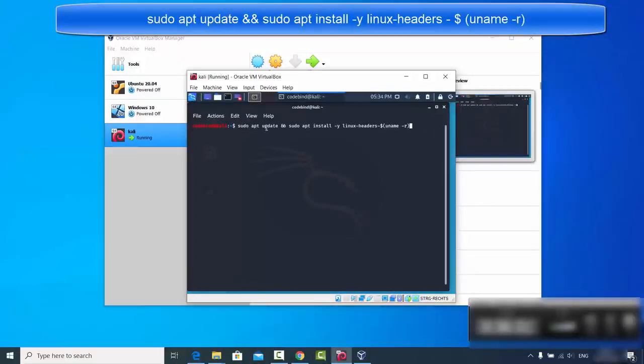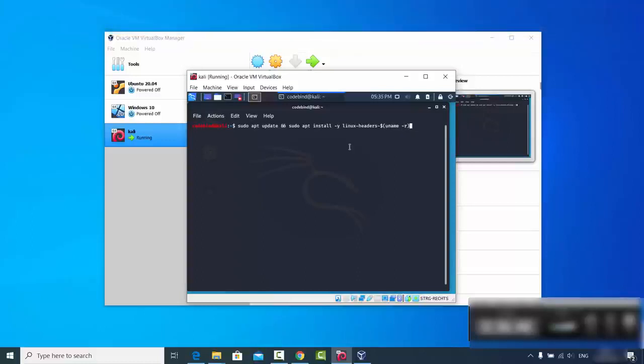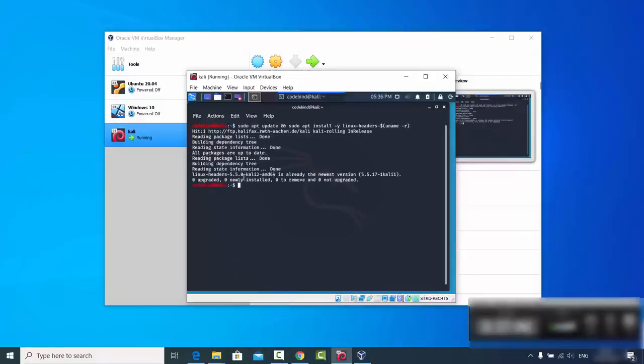And this command is sudo apt update and sudo apt install -y linux-headers-$(uname -r). So just give this command and then press enter, and then provide your Kali Linux password. And if it says that these Linux headers are already in the newest version, then it's very good. So now we can install VirtualBox guest additions